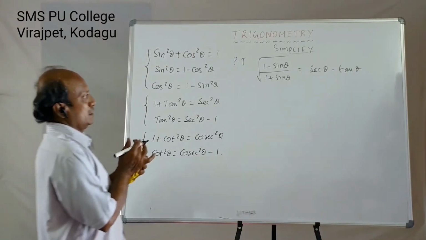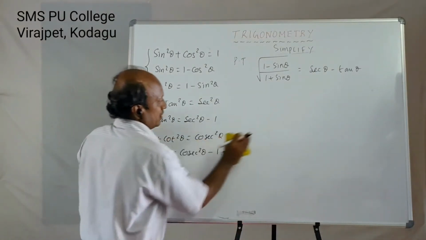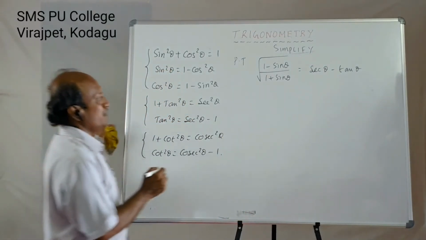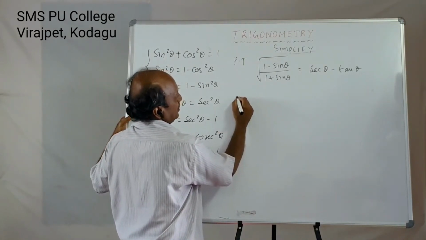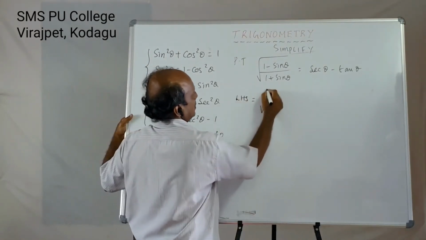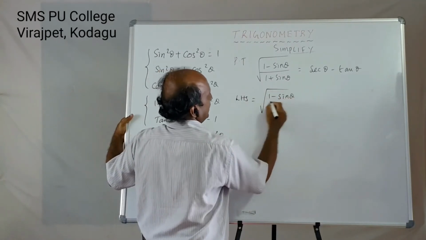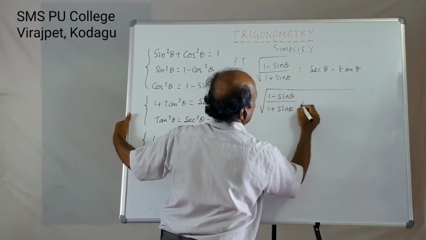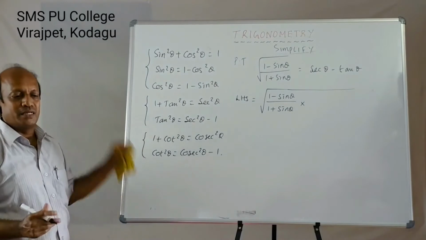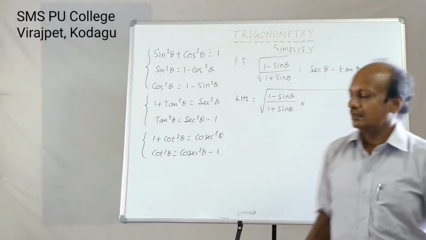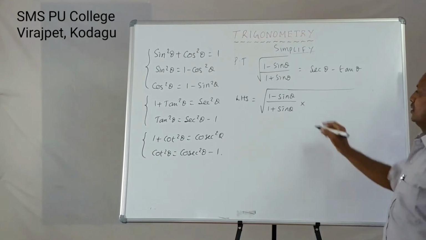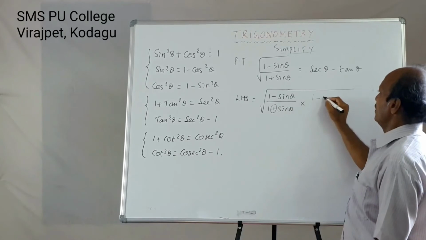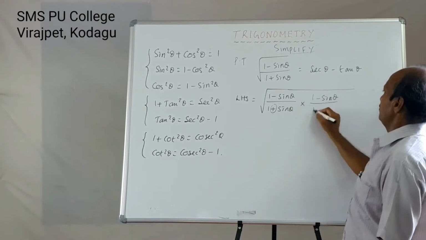Now let us see how it is very interesting, where within limited steps we will be able to achieve more marks in trigonometry. Take the left hand side. LHS is square root of 1 minus sin theta by 1 plus sin theta. Extend this: you have to multiply by its conjugate. What is meant by conjugate? What is given in the denominator? The denominator is 1 plus sin theta. For the conjugate, only the sign has to be changed and the terms are retained as they are. So multiply by 1 minus sin theta by 1 minus sin theta.